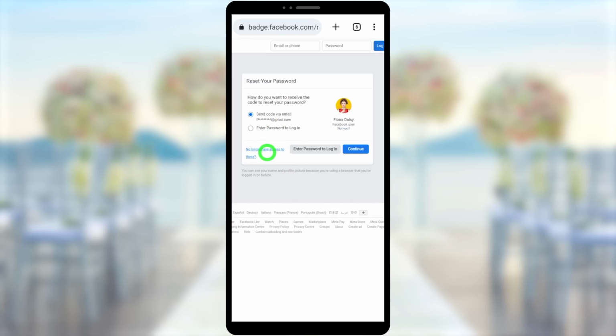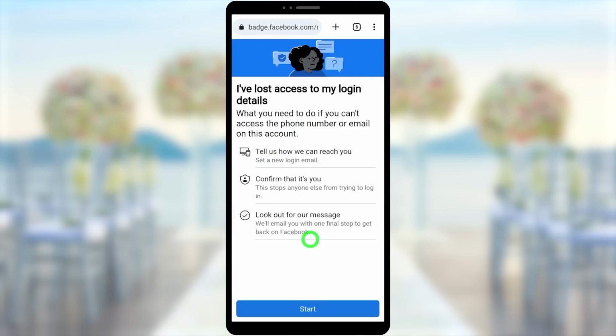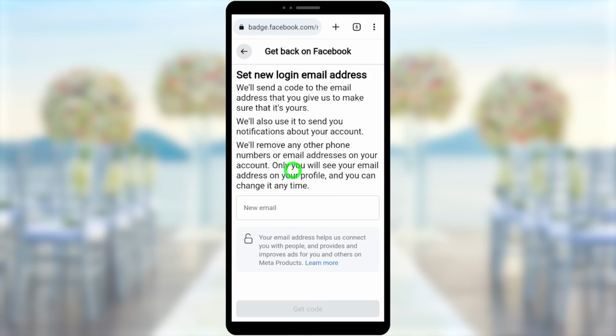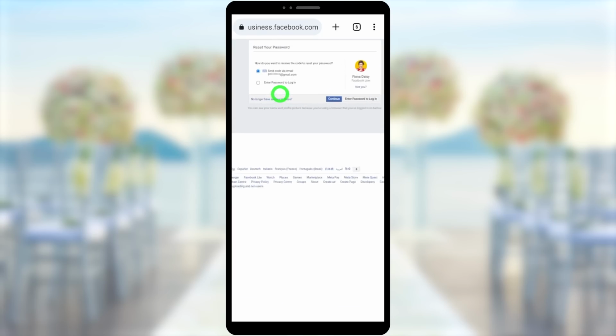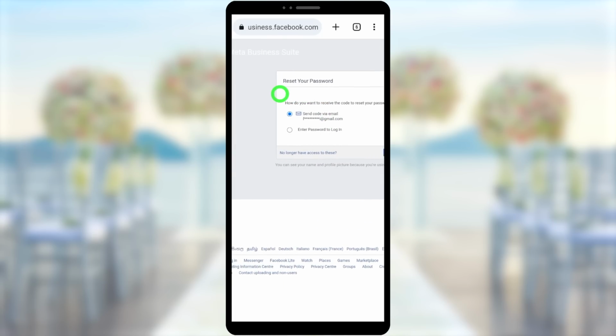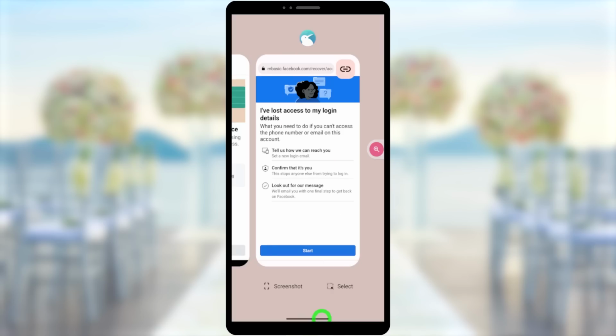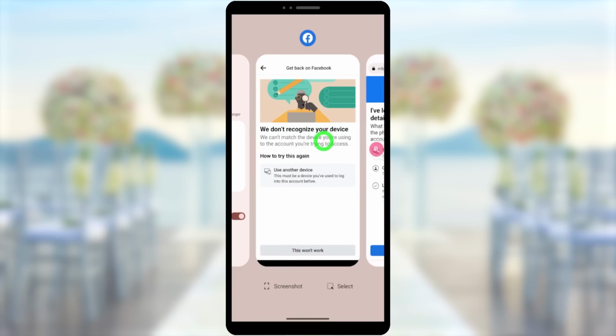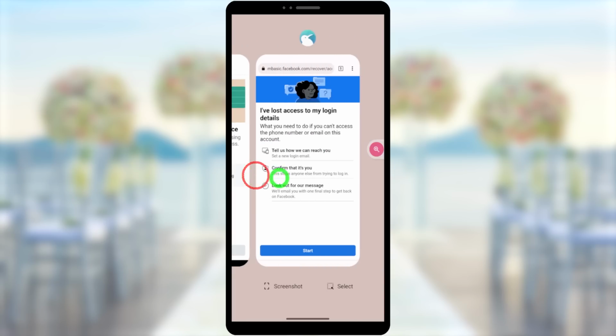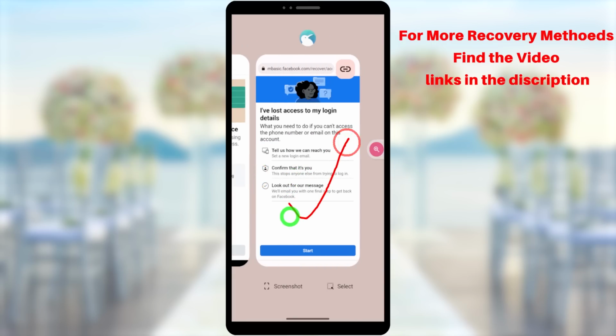If we have that option, we can go forward. After that, we can add a new email address or phone number, as well as create a new password. Finally, we can get back our hacked Facebook account. We are also going to address the second issue, "we don't recognize your device." Like that, in this video, we are going to fix all the errors that can occur while you are recovering